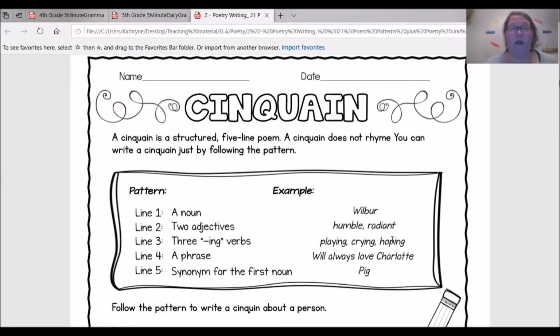When you write about a person, you can use their name first and then who that person is. So if that person's a teacher or a mom or a dad, the first one could be their name, and the second one could be their common nouns, so like mom, dad, teacher, sister, or so on. Or you can reverse those where the common noun is the first noun, and the proper noun or name is the last one. It really doesn't matter either way. Another important thing about these types of poems is the shape.